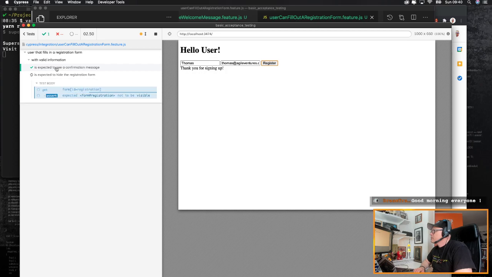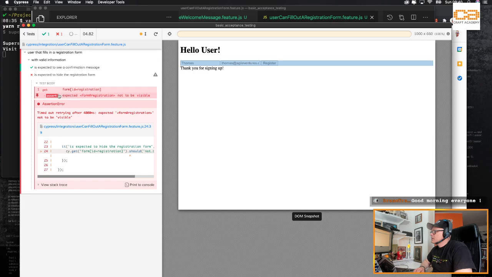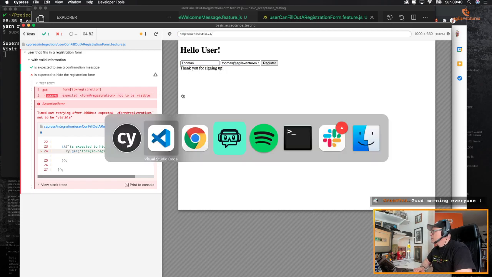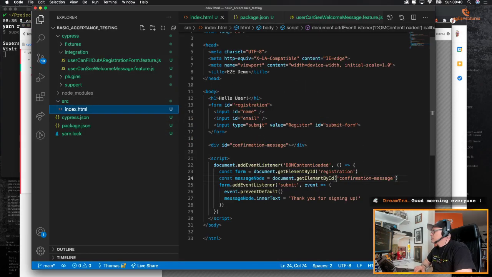So we see the confirmation message that is going green, but we see that we try to assert that form registration should not be visible, and it is visible. So our test is failing. So let's see if we can change that behavior. So we go to our JavaScript, and we will just say